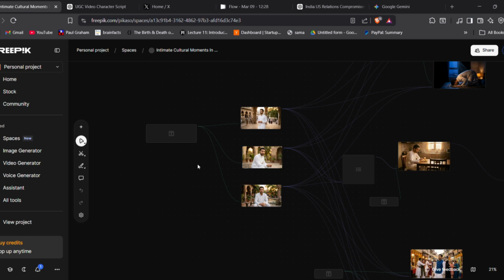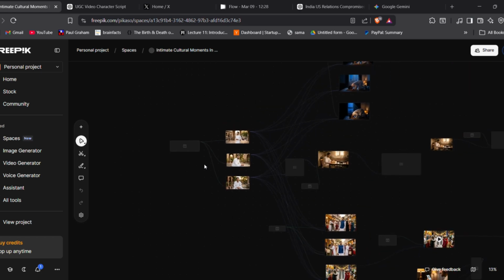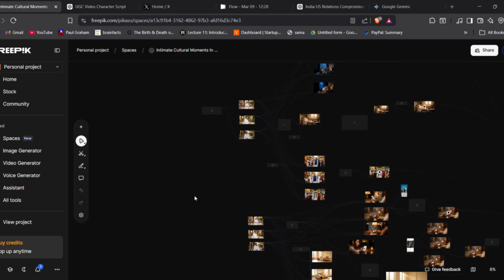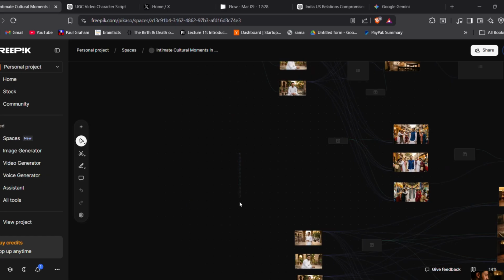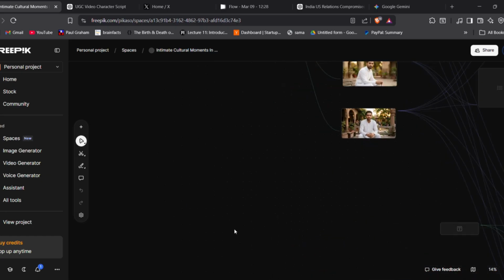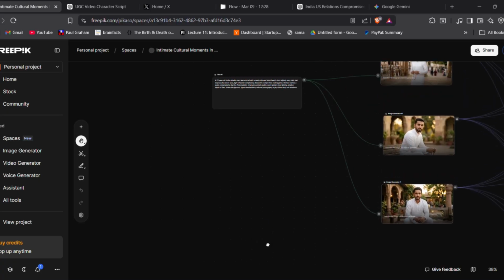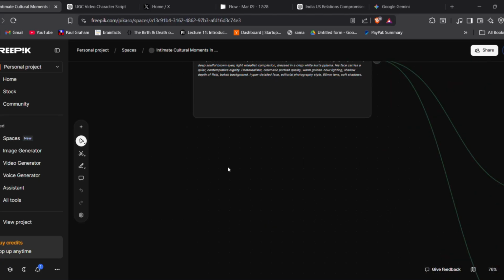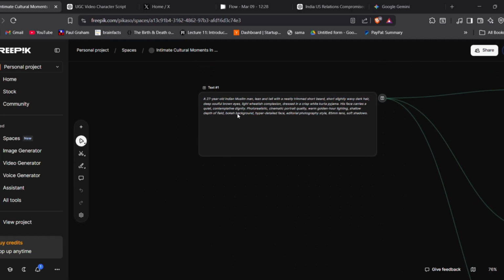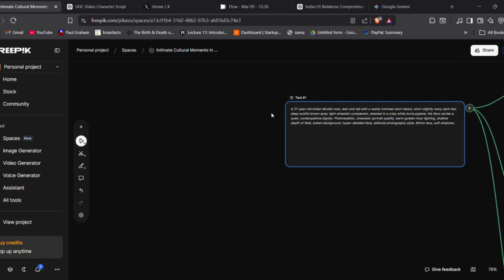you can see this is all about the visual editor. If you zoom in, you can see that my first node started with a text node. So that basically explained that